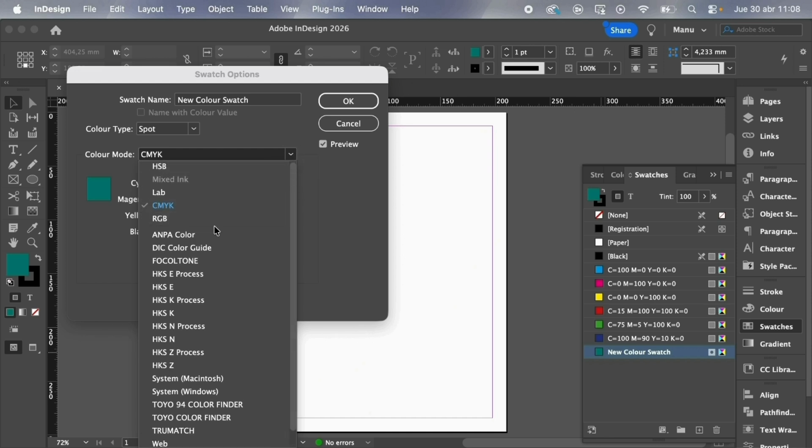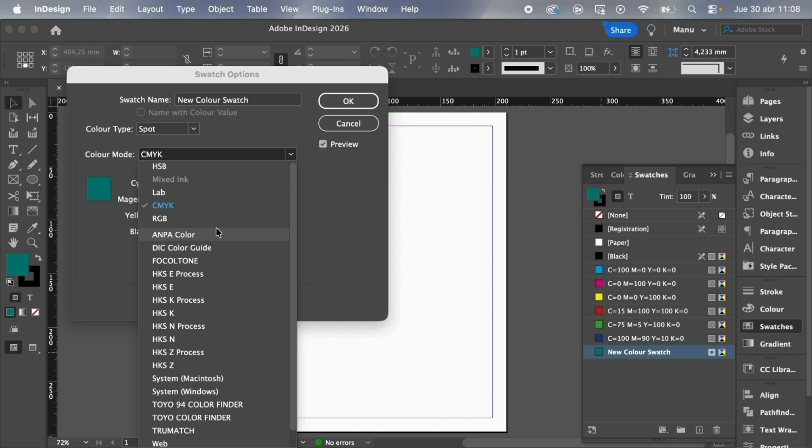As many of you know, Pantone previously had a licensing agreement with Adobe, meaning all Pantone libraries were built right in, which was a dream for designers. While Pantone is the industry standard for spot colors, there are other manufacturers. However, Pantone remains the king, the most universal system you will find in any local print shop.